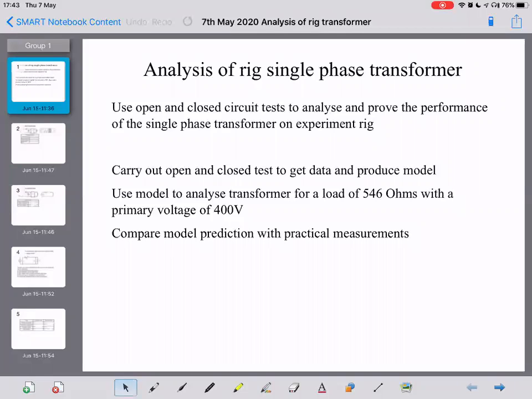Now, had we been in college, we'd have that transformer by the side of us and we'd actually be able to do this practical work and see what happens. But what we're going to do is use historical data to at least go through that process, and you'll see